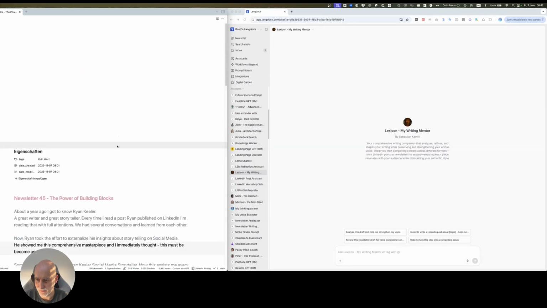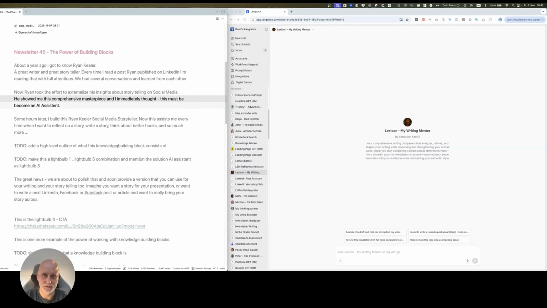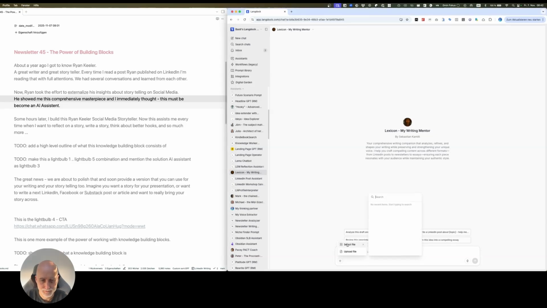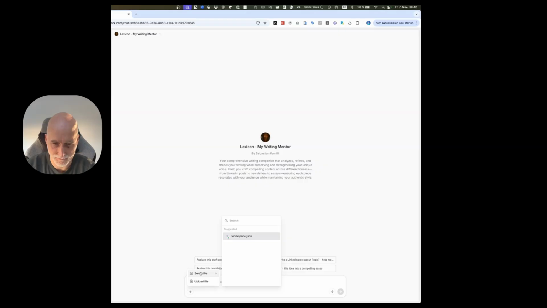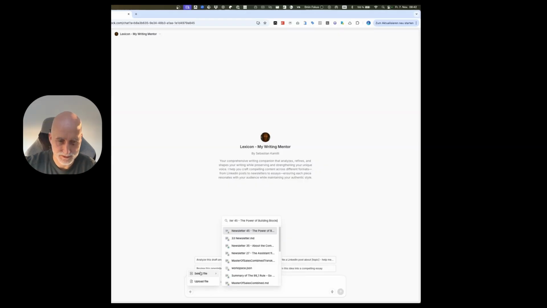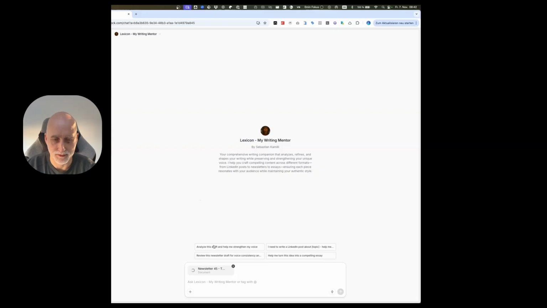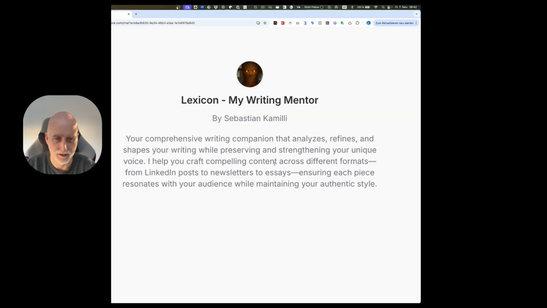and I would like to now convert this draft to a newsletter that I'm sending each Friday. So I add the file. I use this directly from my Google Drive and add this file here. And this is an assistant that actually helps me in writing. And this is usually my starting point where I work with, because this assistant already knows my writing style